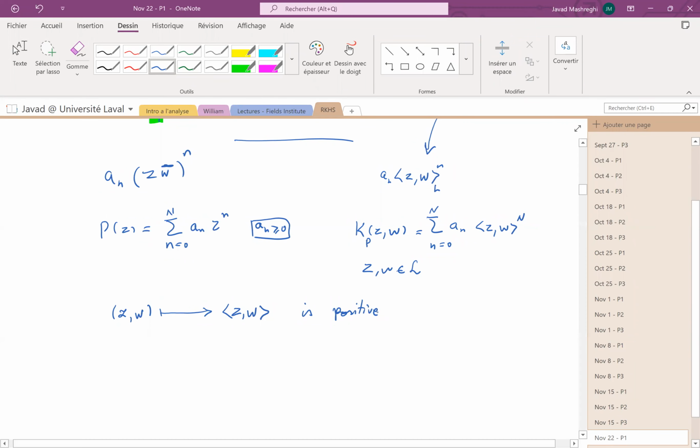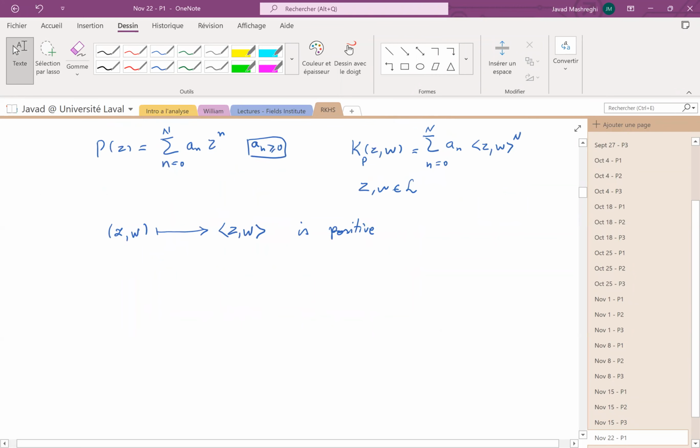If you have two positive matrices and you multiply them by Schur product or component-wise product, what you obtain is also positive. So as soon as we see that this mapping is positive, we immediately conclude that ZW exponent 2, exponent 3, exponent K, any K is positive. And then we multiply by positive coefficients and add them up. So immediately we get the sum, or Kp